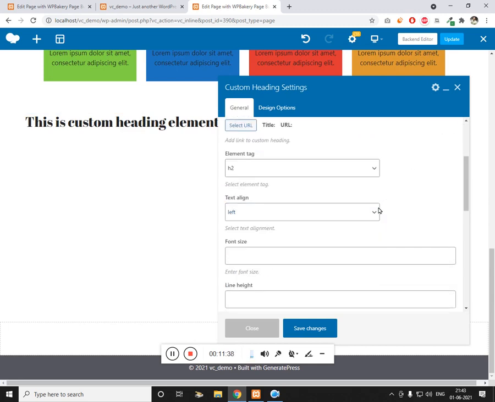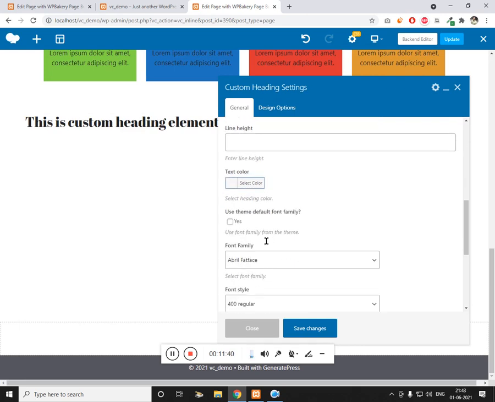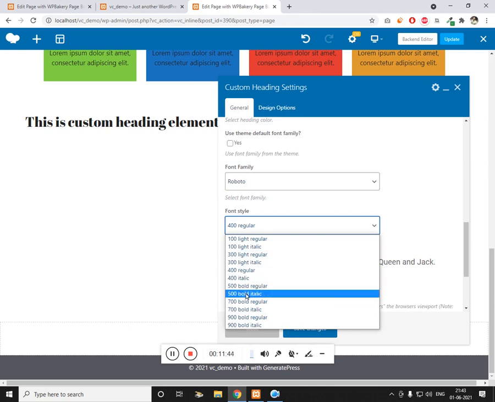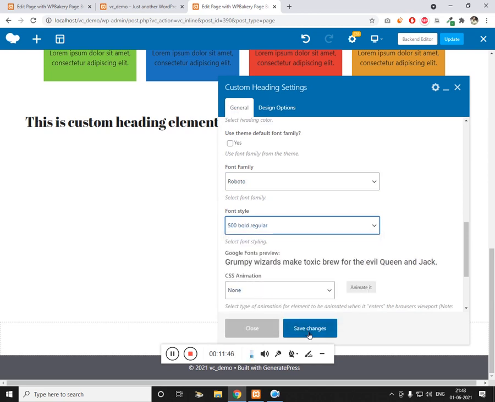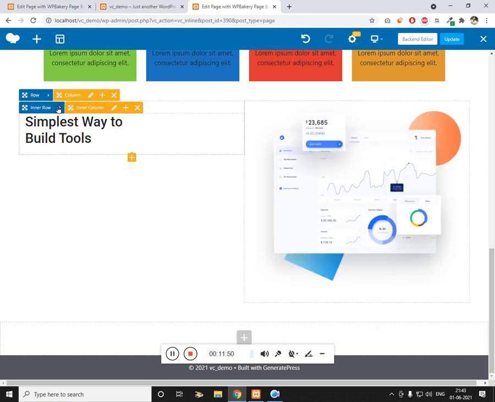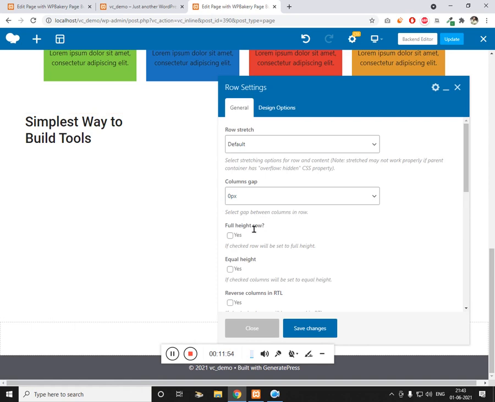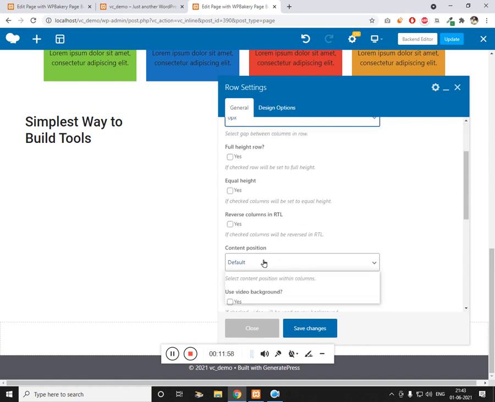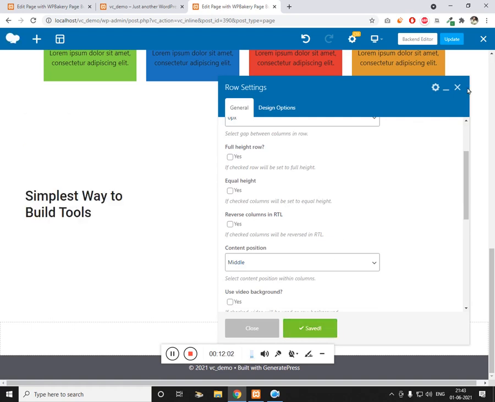So left align is okay, and let me change the font family to Roboto, and let this be 500. Click on save, and let me edit the parent row so that whatever the content is, I want it to be at the middle. So this is the vertical align. It's like a vertical align.